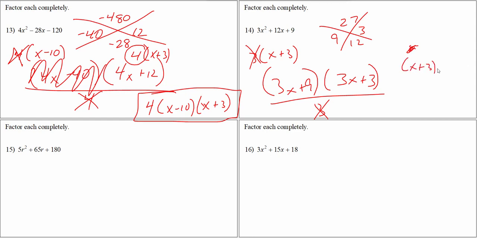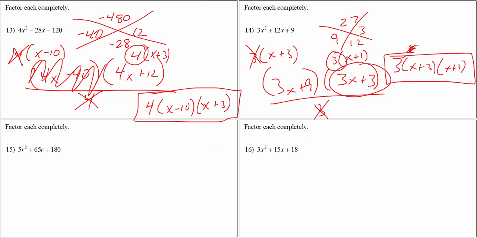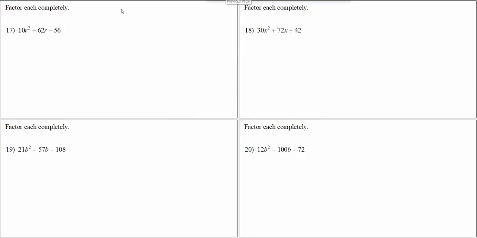X plus 3 in my answer. What can come out of here? Another 3 times x plus 1. The x plus 1 goes at the end. This 3 cannot cancel with the 3 that I already crossed off because there's nothing there, so it goes out front. So there's my answer there. Again, 15, 16 are the same. 17, again, these are the same kind of problems as the first, the last 4, so let's just get, again,